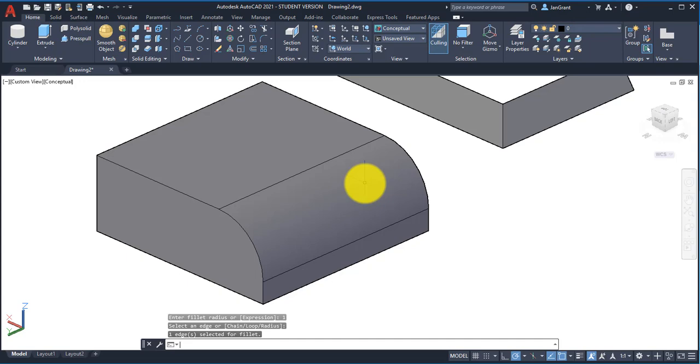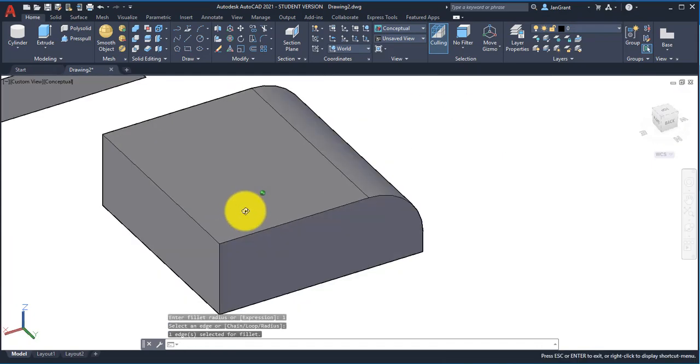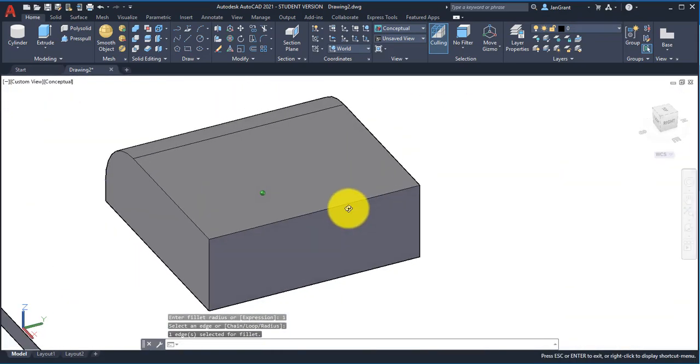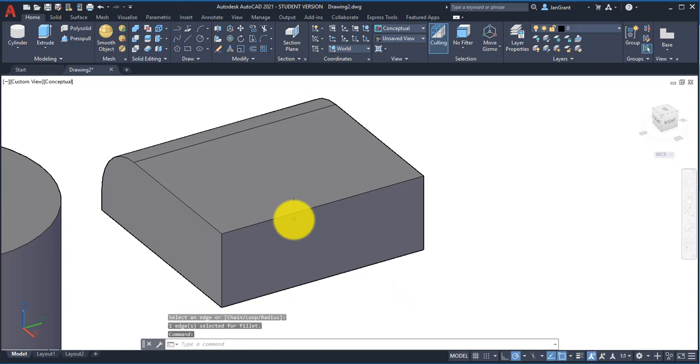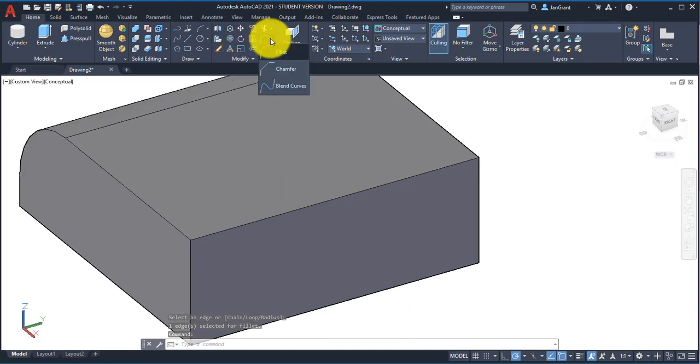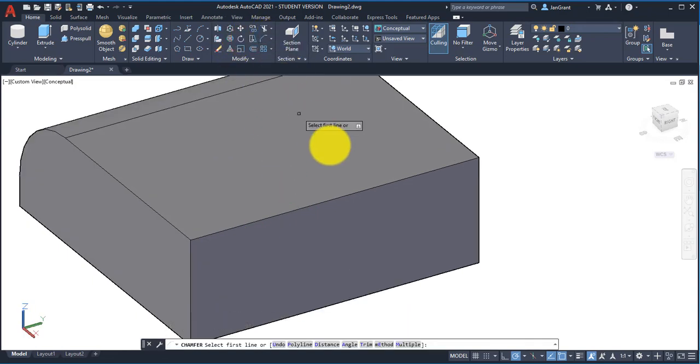So if it doesn't work, just do it again and change your fillet. So let's take a look on the back side of this box here. We'll use the chamfer command for this edge. So we'll go up to here, chamfer, and just like the 2D chamfer, we have two sides and we're creating a distance from those two sides or those surfaces so that we can create this diagonal like wedge